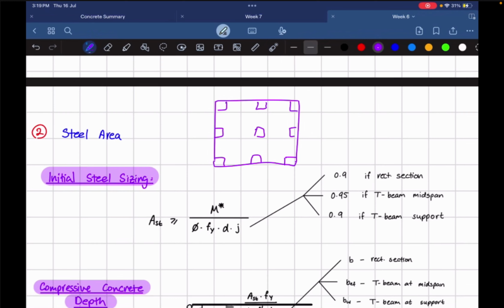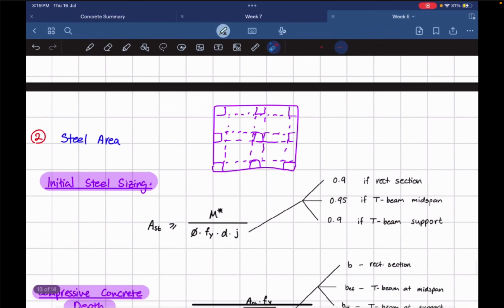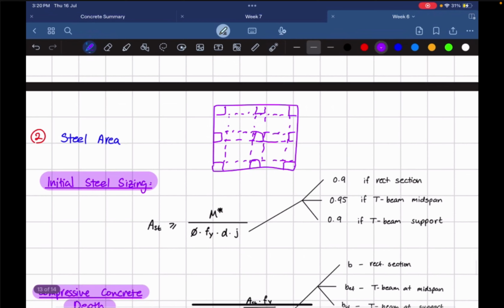Right? Let's say you've got like a beam here. The dotted line just means it's underneath. It's really hard to visualize at the moment, especially for this course. But yeah. If I take a section cut here, so what's going on is I have a slab, I've got a support,